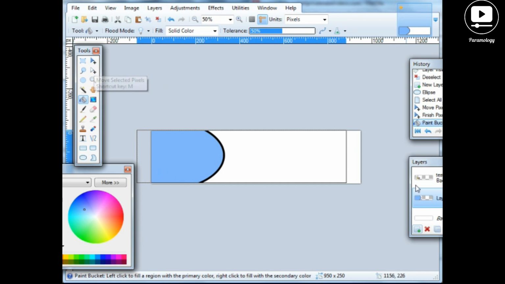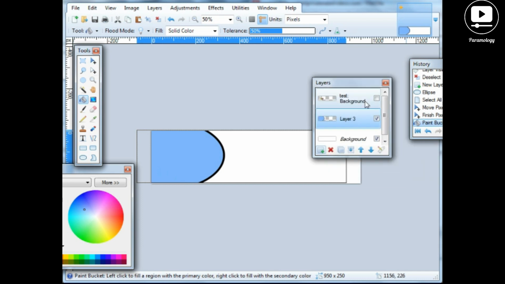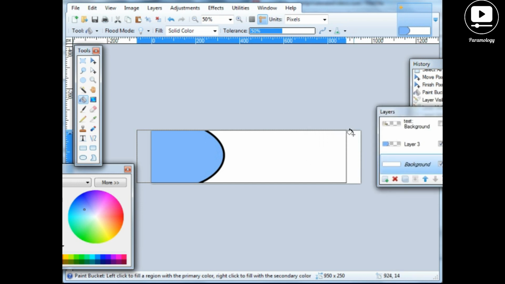And then as you can see here, I'm dealing with 3 different layers. I'm dealing with this layer, which is the shape, and then I'm dealing with the background. So now I want to change the background to something like red. So let's choose red, but I want a dark red. Not too dark, but